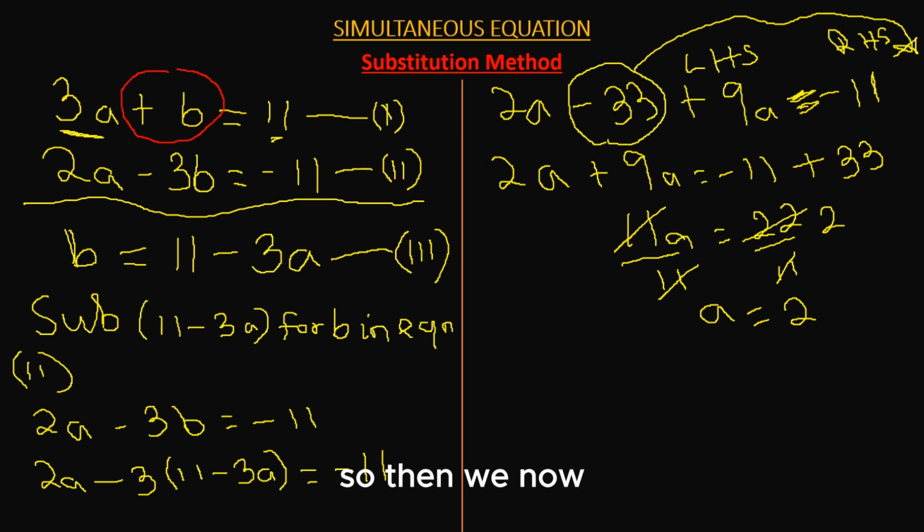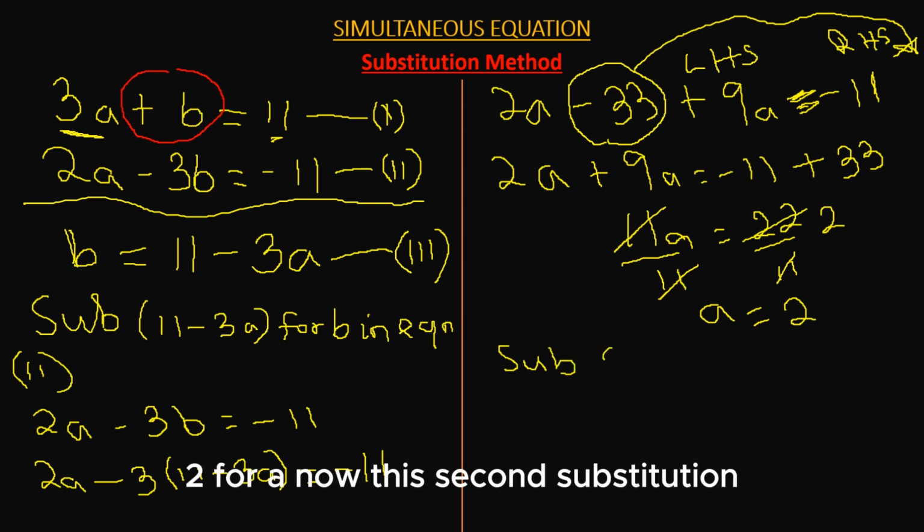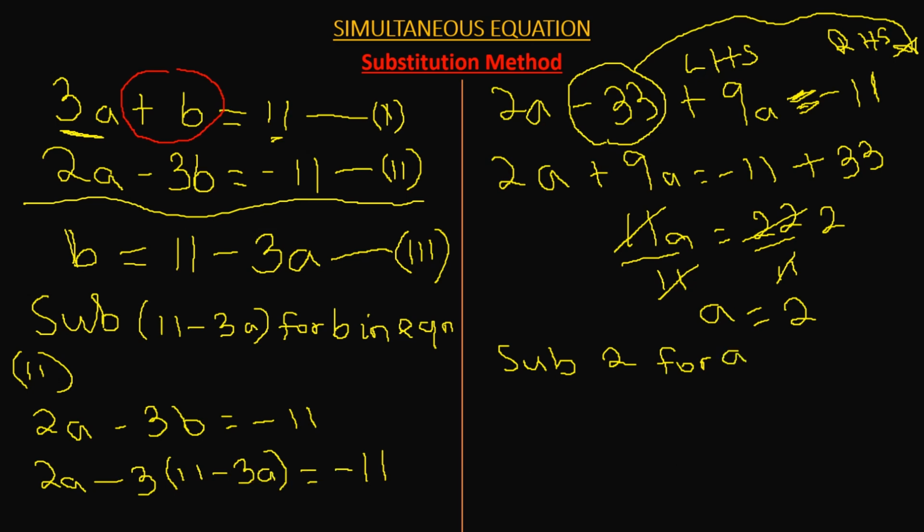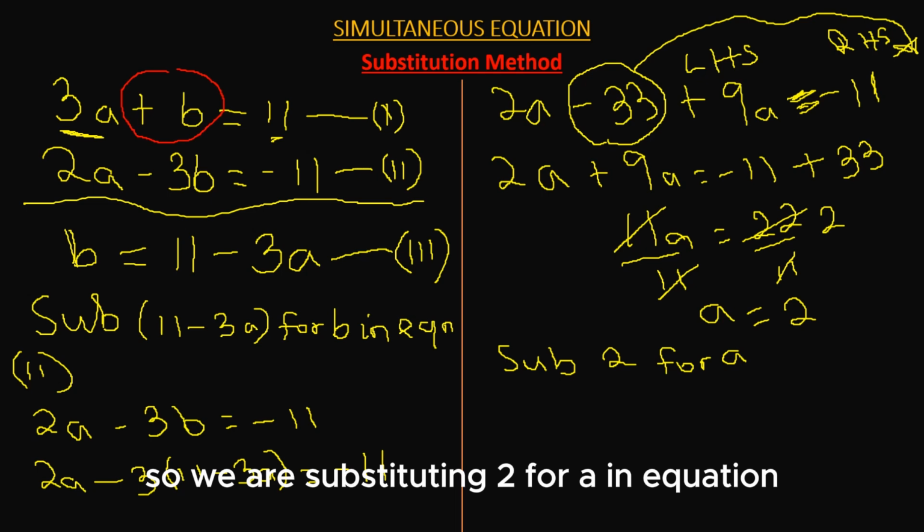So since we have gotten the value of a, we now substitute 2 for a. Now this second substitution, we can use any of the equations, any of them, but I prefer using equation 3. So we are substituting 2 for a in